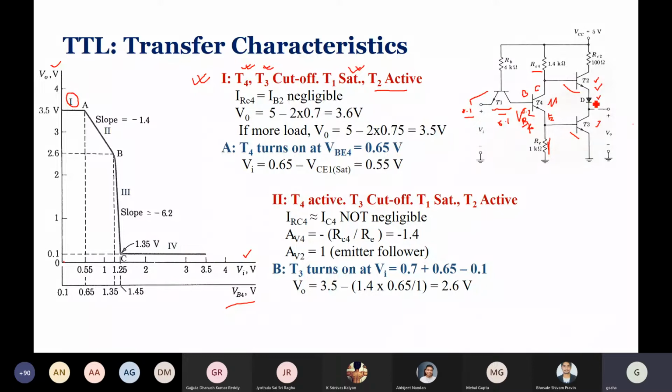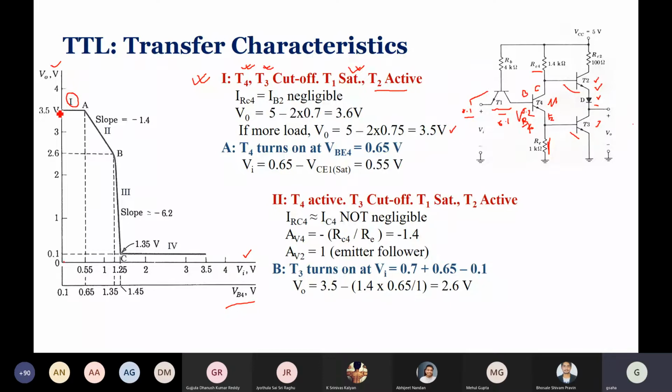So then 0.75 volt. So 3.5 volt. Again, whatever drop here, now the current has increased a bit, so it should be a little bit more, but again that is neglected. This is just to get an idea. The actual thing you can get by practical experimentation and more detailed analysis. Okay, this part is understood, how we are getting the coordinates 0.1 volt and 3.5 volt.